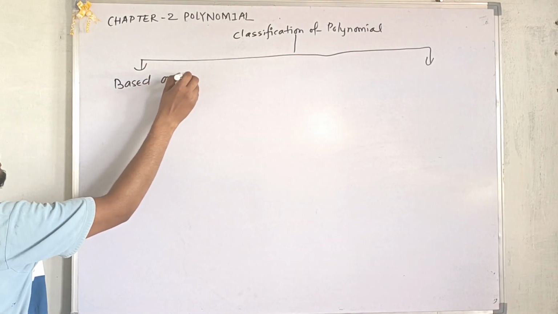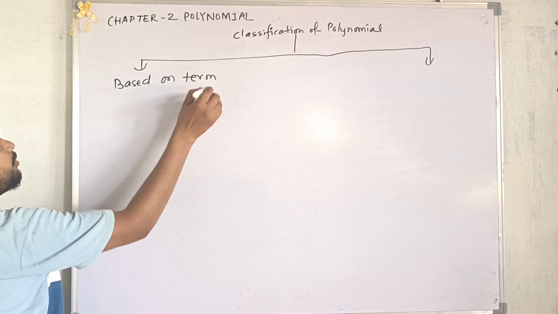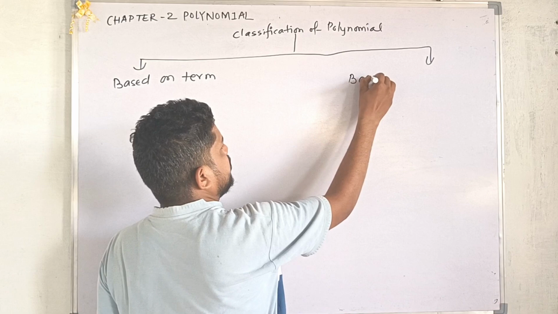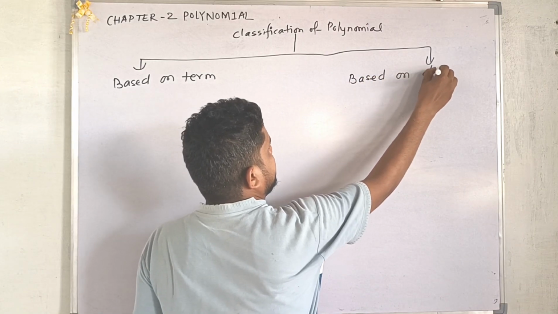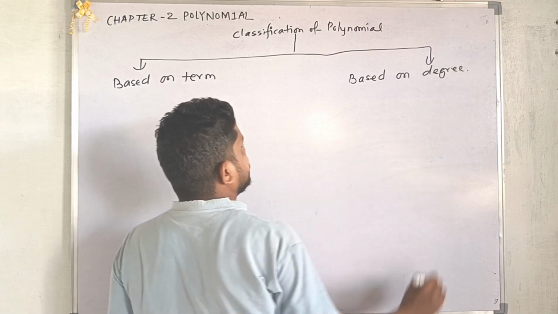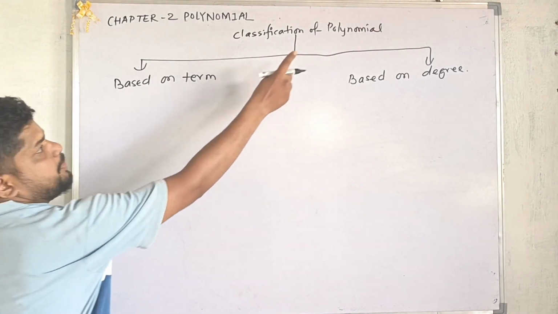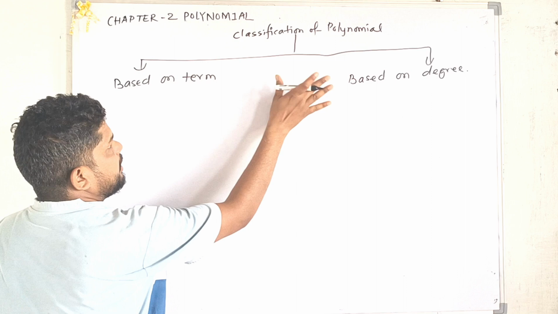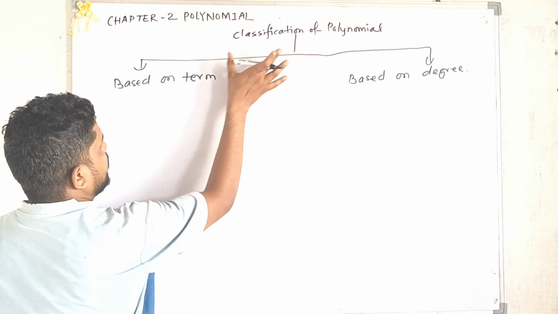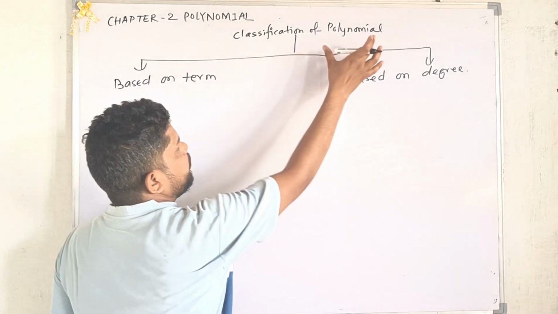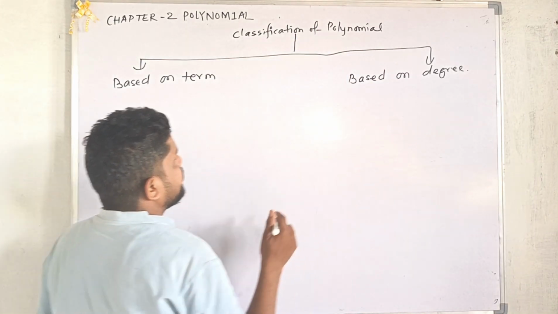Based on the terms it consists of, and the second one is based on degree. So let us see one by one. We categorize the classification of polynomials mainly into two categories: classification of polynomial based on term and classification of polynomial based on degree. So in